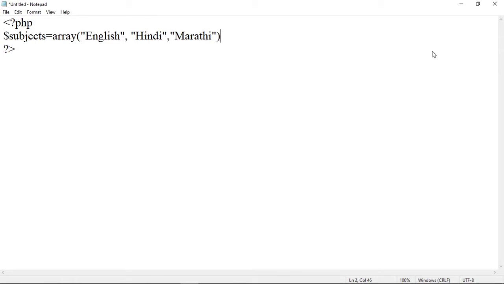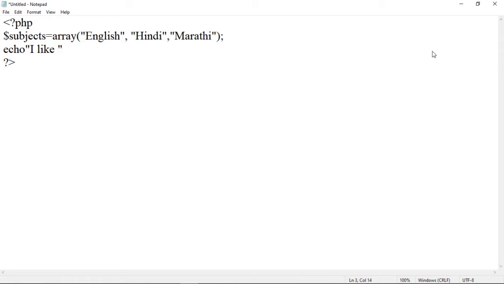After you have finished adding the subjects, put a semicolon here. After that, to print these subjects from this array, we have to use the echo statement. So echo, let us add here a statement: I like English, Hindi and Marathi.